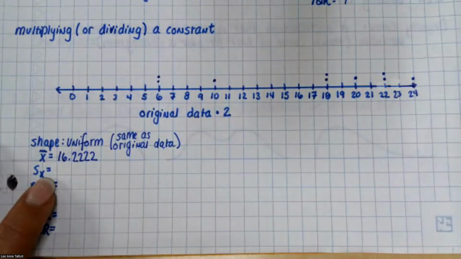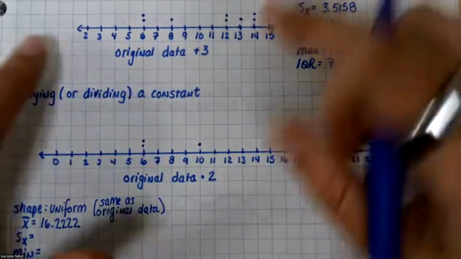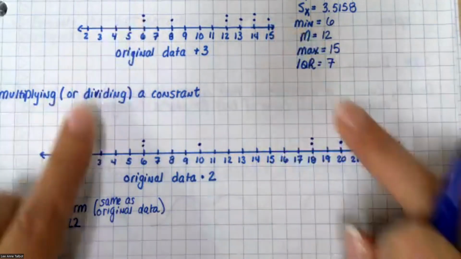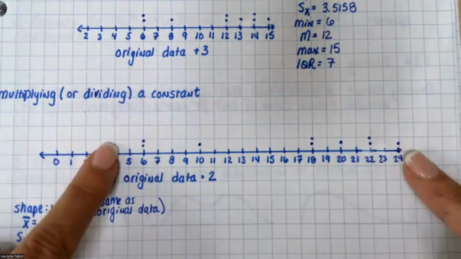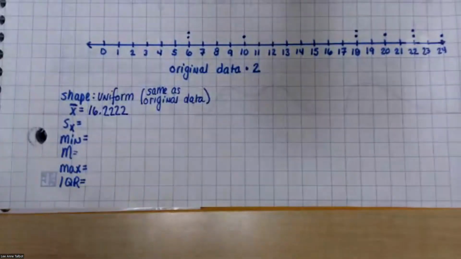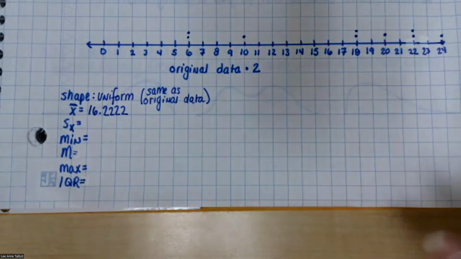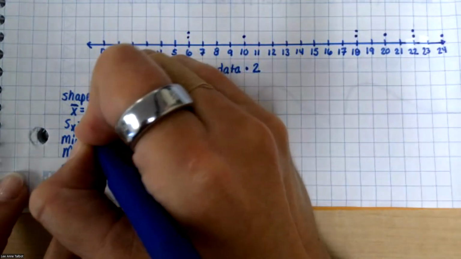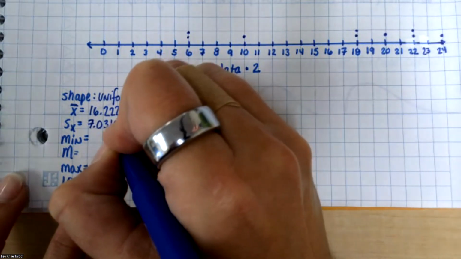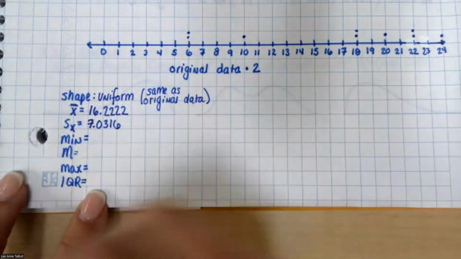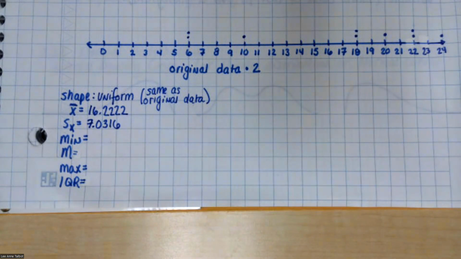I think that your standard deviation is twice as spread out. And I just want to show you guys real quick. Here's my original spread. So from here to here, and I'm here to here. So twice the amount of graph paper squares. And it was, I don't know how to multiply decimals, 3.5158 times 2, 7.0316. Is it not? Is it rounded differently? I got 17. Okay, the reason is because I rounded on that first one and then I used a rounded number to round again,